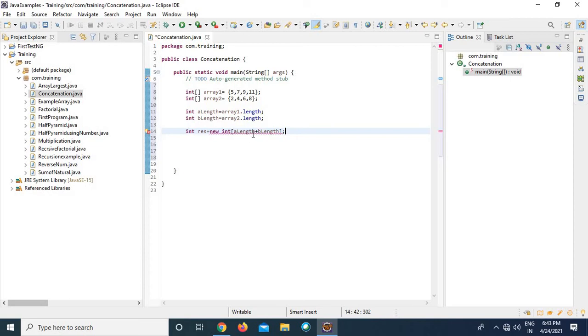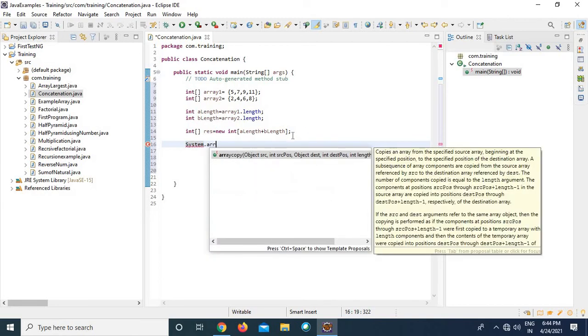So now, let's see if there is any error. Because I have written an array, I need to have brackets here. Once you have done that, now I wanted to make use of the System.arraycopy method.